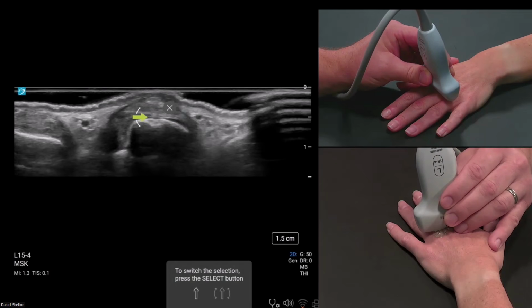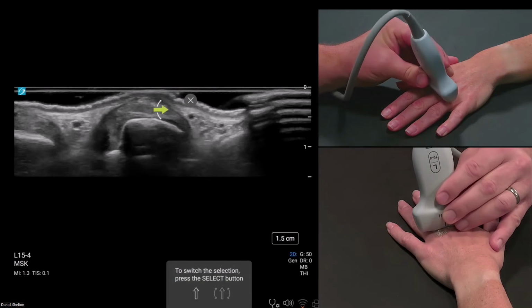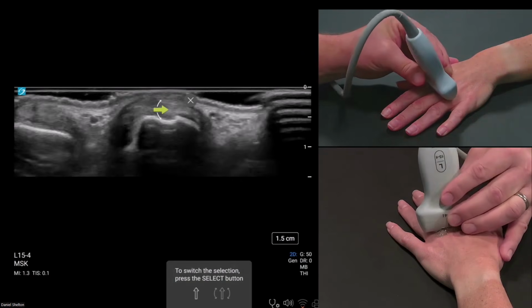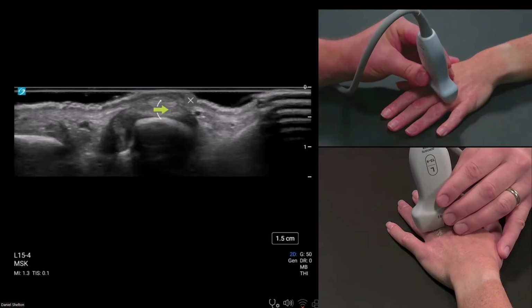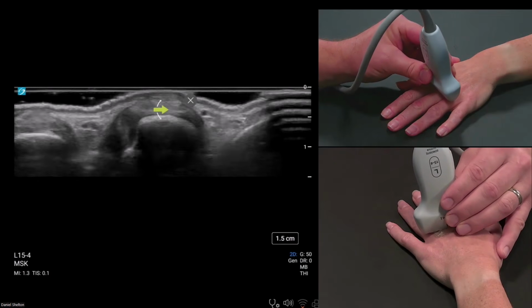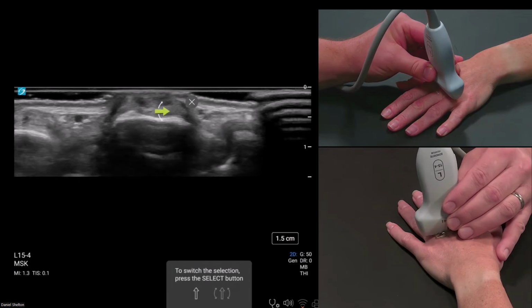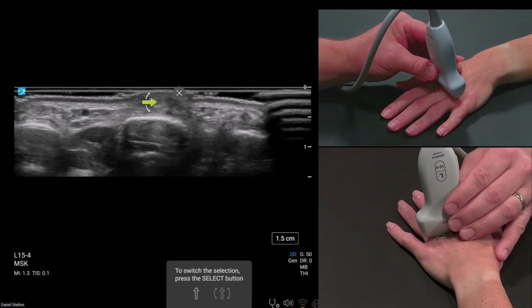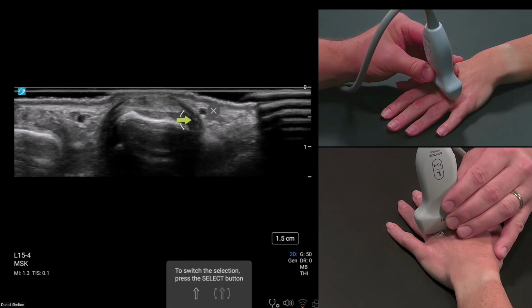It's incompressible. So the layers on top of this, we can see her skin. We can see the extensor tendon as this oval, and I can tilt and use anisotropic artifact to my advantage to determine what's tendon and what's not. But for the most part, it's easy to just scan proximal, distal, and see the persistent oval that sits here. And as I go proximally, you'll see these little shadows start to form on each side right there. So these are the shadow of the sagittal band.